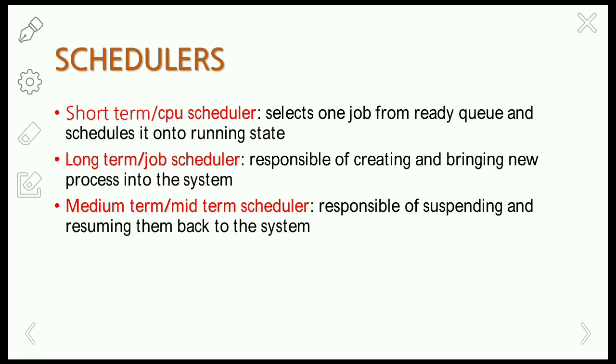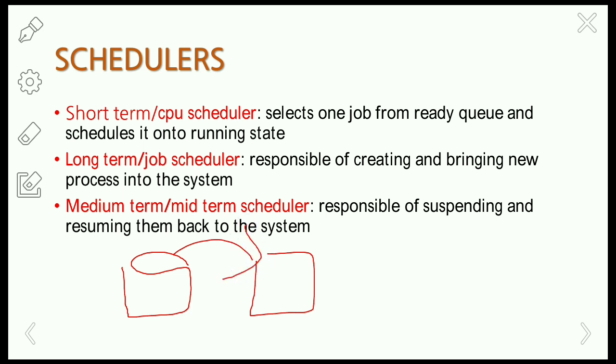See, in the last example we have seen that programs are transferred from the secondary memory to the main memory. That state is called the new state, right? Here we can consider the main memory as a ready queue. There is a set of processes in the ready queue for execution. If a process is brought for execution from secondary memory to main memory, it is called a new state. If you transfer the program from secondary memory to main memory, then the process is created.